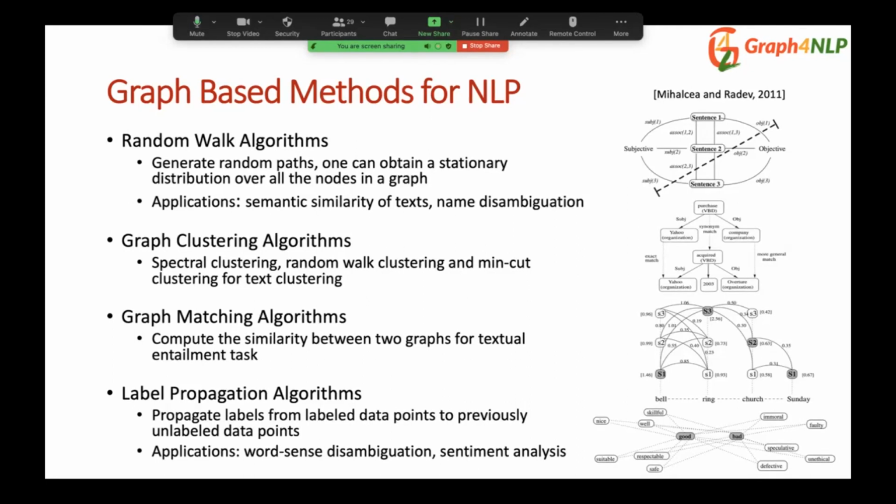As long as it is formulated as a graph, you can use spectral clustering, random walk clustering, or min-cut clustering to do the task. If we are doing natural language inference, like the textual entailment task, you can also try to formulate your hypothesis text and the text into two different text graphs. And then you can use a graph matching algorithm to compare the similarity between the two graphs, and therefore decide whether